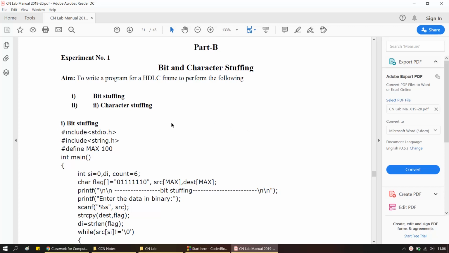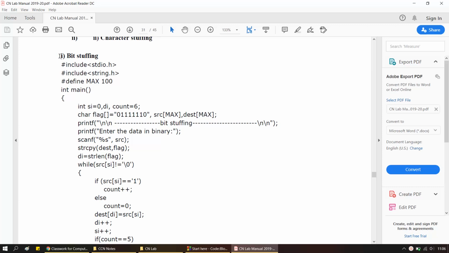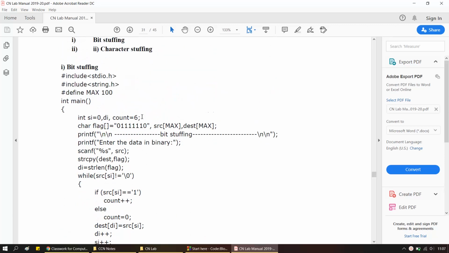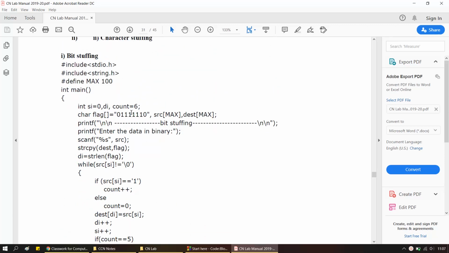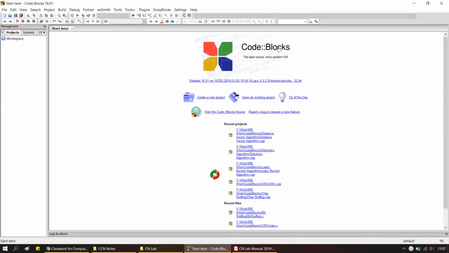Okay, so what I'm going to do is run this code which is already shared with you with the manual. So the first experiment is the bit stuffing. So it's a simple program in the part B. I will be explaining the program, each and every line of code, and we will be running it in Code::Blocks. As I already shared a video which says clearly what the steps are which you are going to use while installing Code::Blocks, all the detailed steps are already shared with you. So I have already expected that you will be running Code::Blocks from here on.